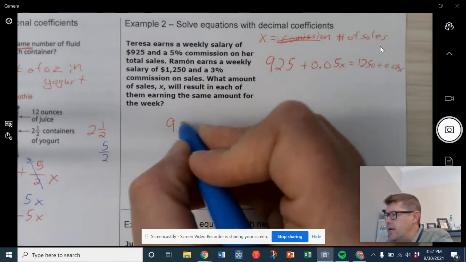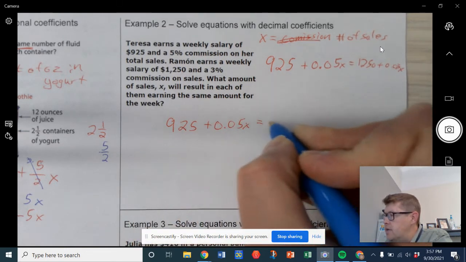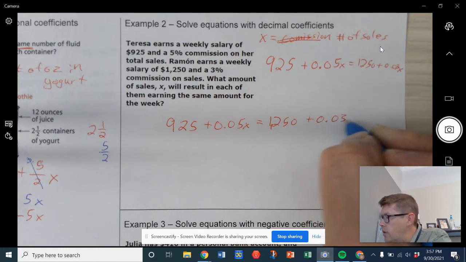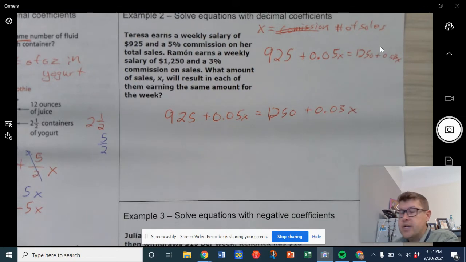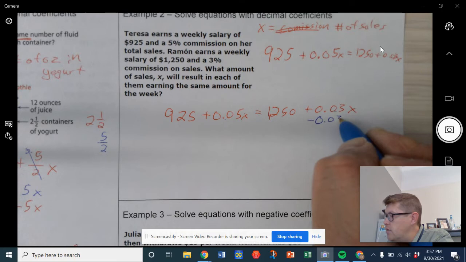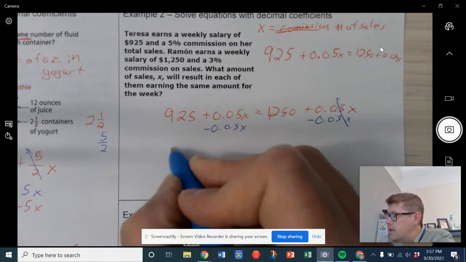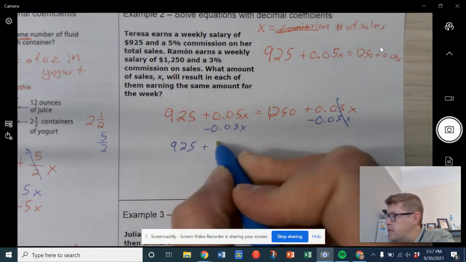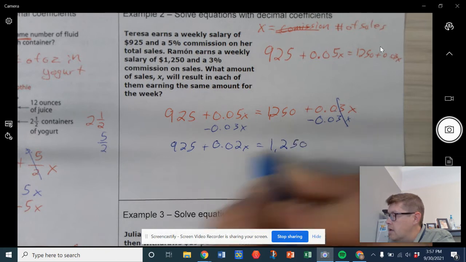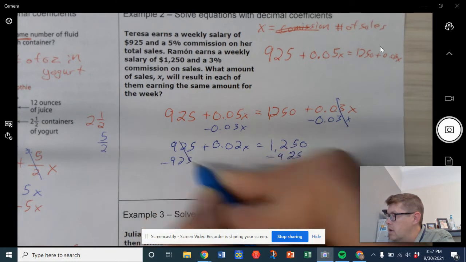That's right. Okay, so 925 plus 0.05x equals 1250 plus 0.03x. So we want to combine like terms. Like terms are this and this, so we will subtract that 0.03x here. We get 925 plus 0.02x equals 1250. We subtract 925. And we end up with